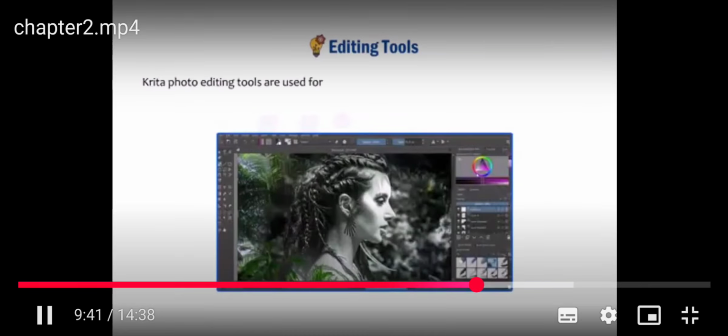Editing tools. Krita photo editing tools are used for